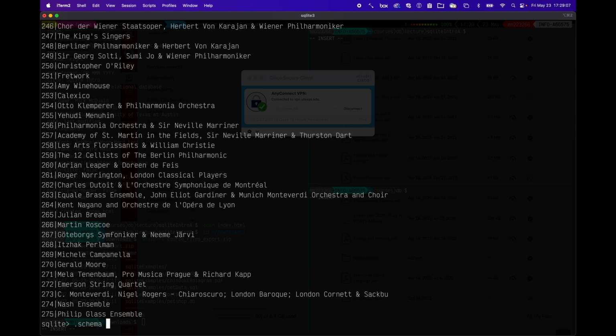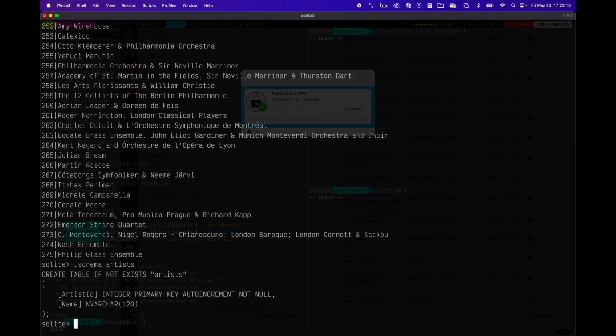Okay, so we could also say schema. We're going to learn much more about this stuff later. Let's look at schema artists. And it's pretty simple. It's just the artist ID and the name. And see artist ID and name here. Create table if not exists artists. And all SQL